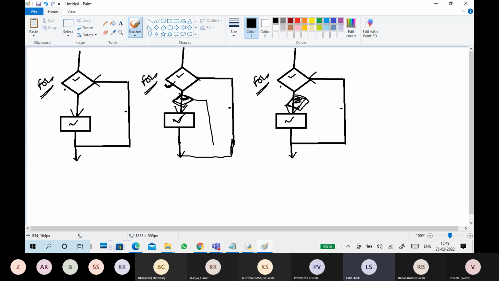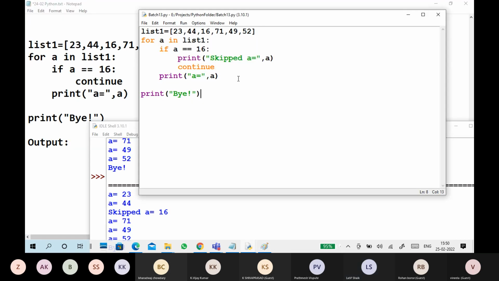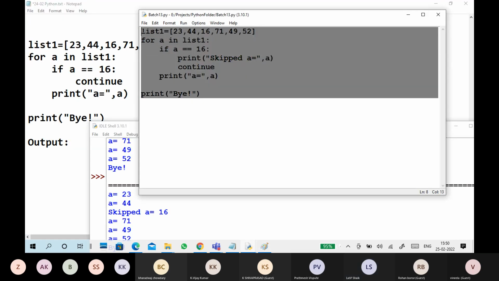So what happens if this condition is satisfied? Go to some task. Once this task is completed, return to your continuation. Do this task and go to iteration again. So don't stop the loop. This is the other one.